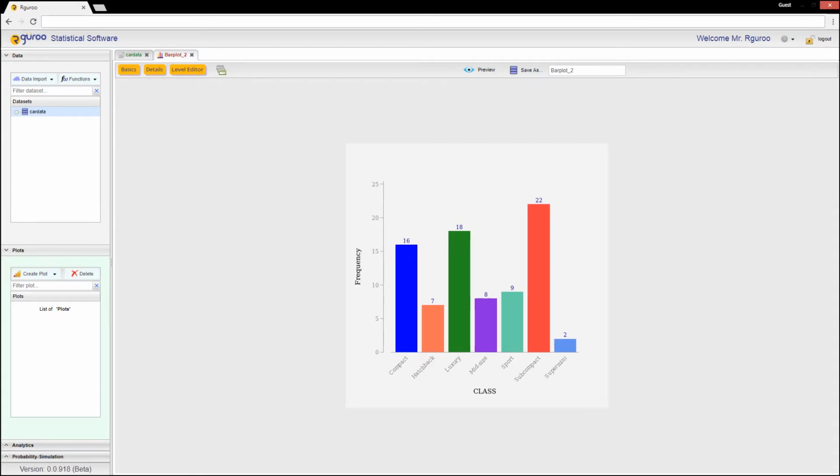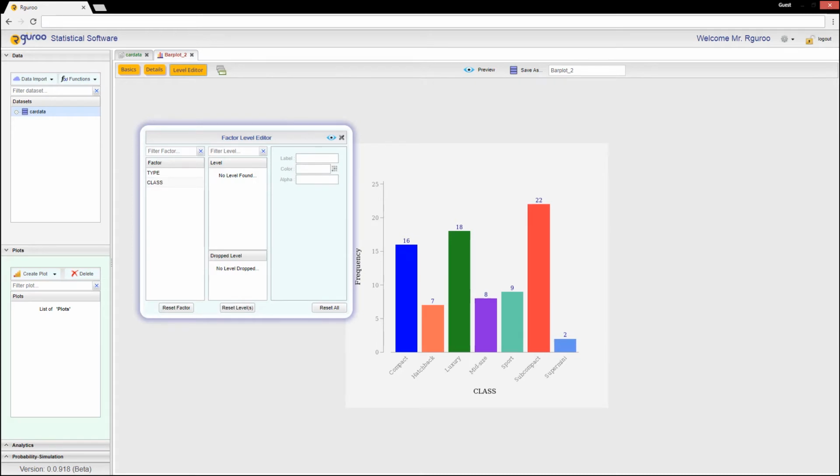If we wanted to make the bar plot easier on the eye, we can use the factor level editor to order the bar plots from greatest to least. So I will select the factor class and will make sure to put the level of the greatest frequency on top, as the first level represents the leftmost bar. Since the level subcompact has the greatest number of cars, I will drag it to the top,